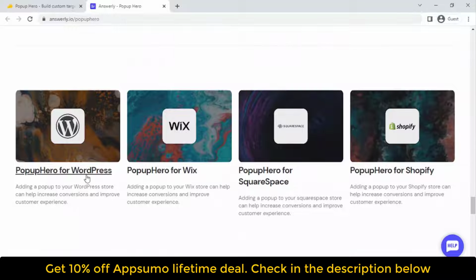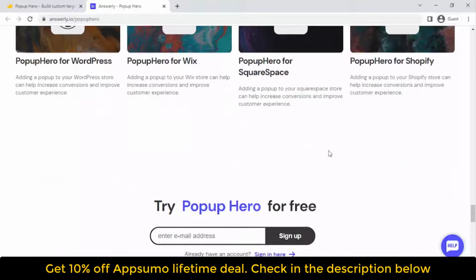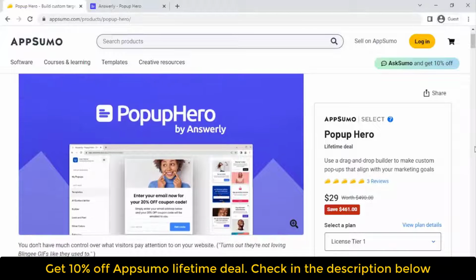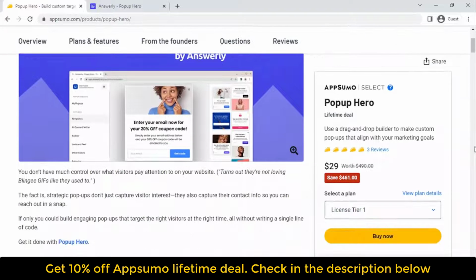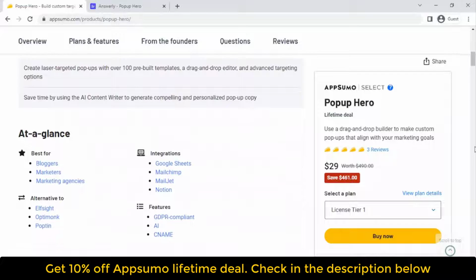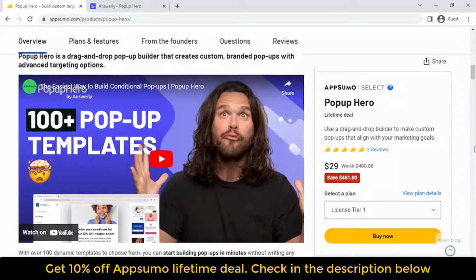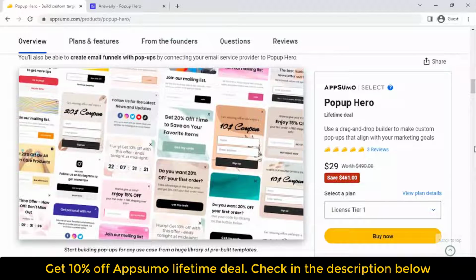Pop-ups should inspire visitors to do more than just hit X. Popup Hero Lifetime Deal Features Overview. You may quickly drag and drop pieces into the desired order while creating pop-ups from scratch or using a template. To give your pop-ups additional features like headlines, buttons, videos, and maps, you may pick from more than 20 content blocks. Furthermore, you may alter the wording, graphics, and colors to fit your brand while seeing real-time previews to make any necessary adjustments. To simplify data collection, Popup Hero also allows you to link with applications like Google Sheets, MailChimp,